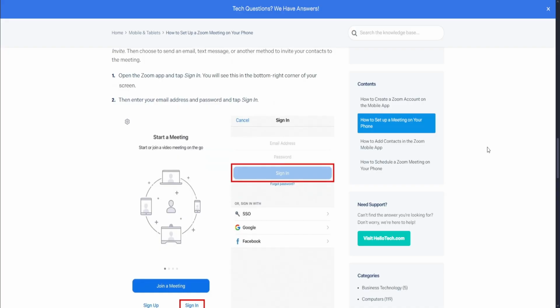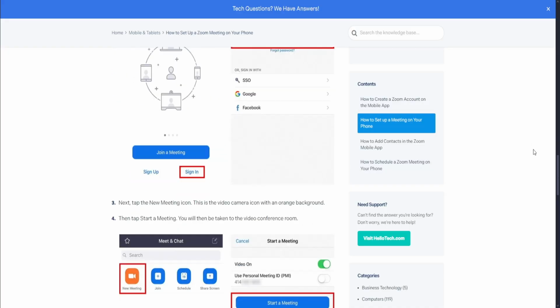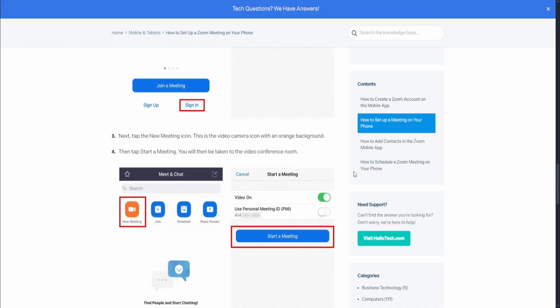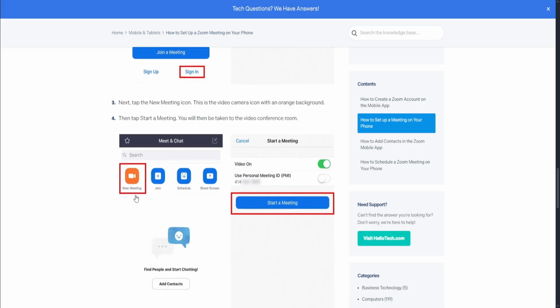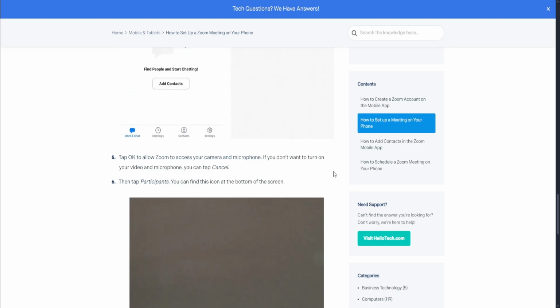First, go to your app and then enter your email address and password and tap sign in. Then there's a button called the new meeting icon. This is the video camera icon with an orange background, and then simply just tap the meeting button. Then you'll be taken to the video conference room and then you can now wait for the people to join